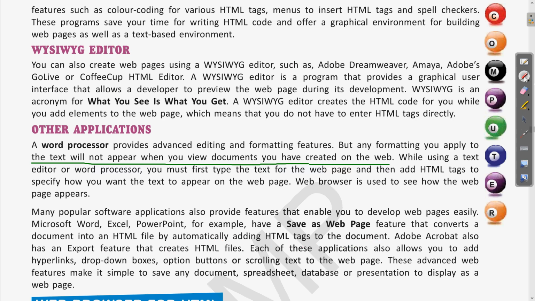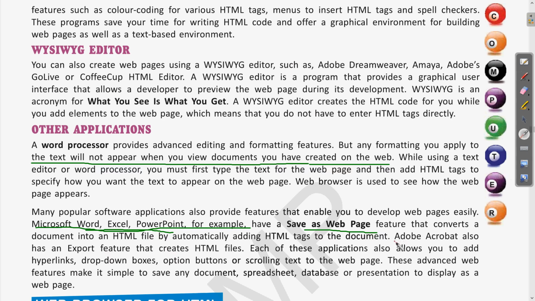So in the different software which we use, like Word, Excel, PowerPoint, we have the option to save our document in HTML form, in the form of a web page. When you save the document with the save as web page option, the information present in the file will be added with some extra tags, which will convert the document into HTML coding, and this can be used for web pages.